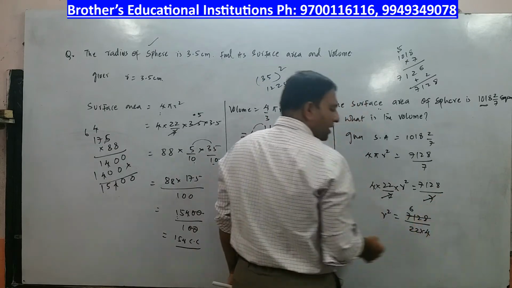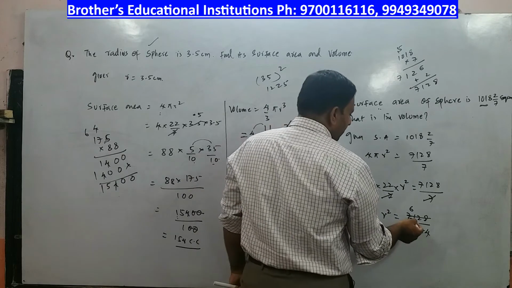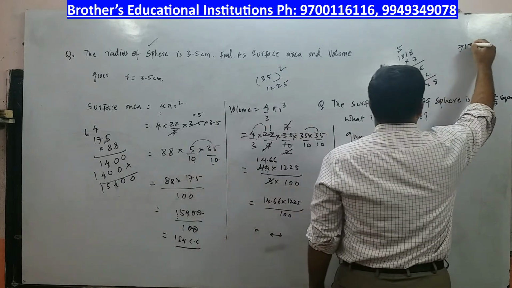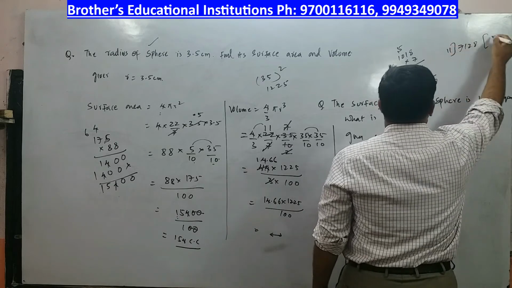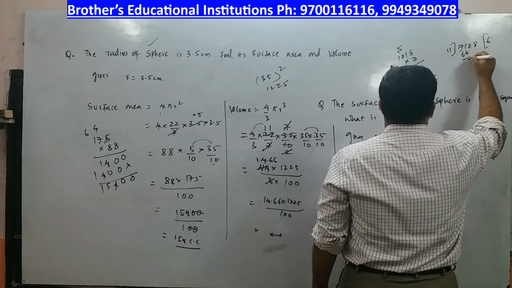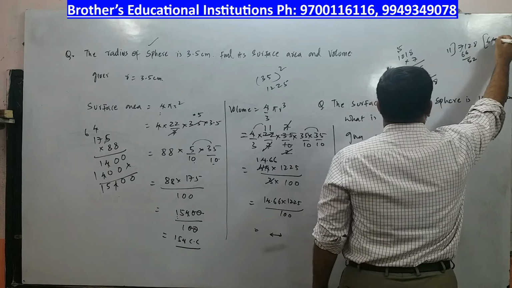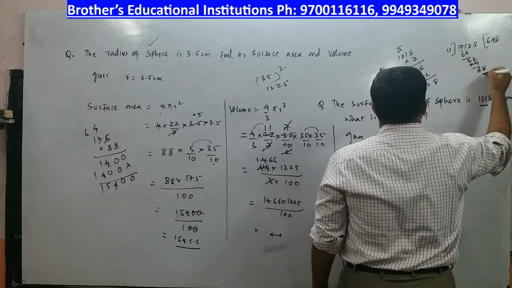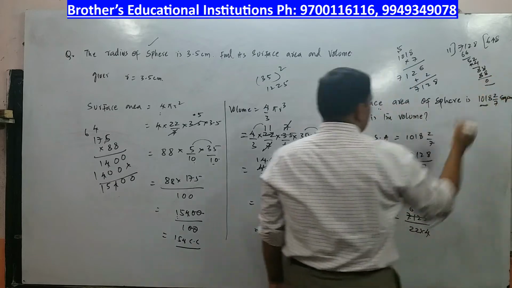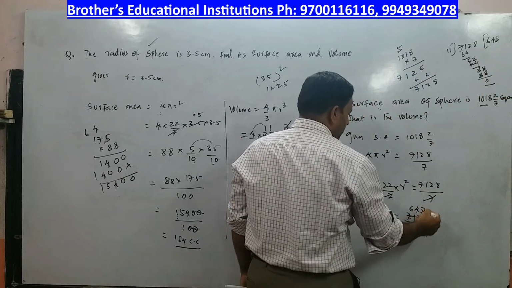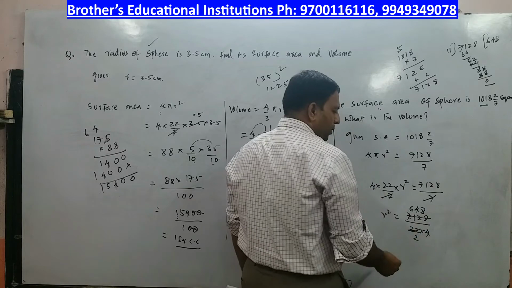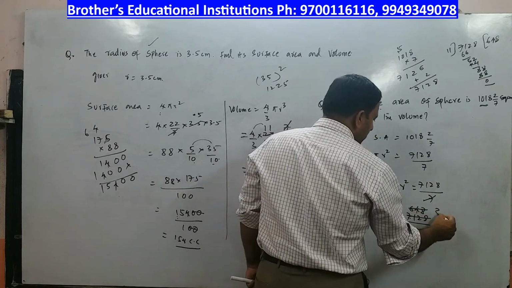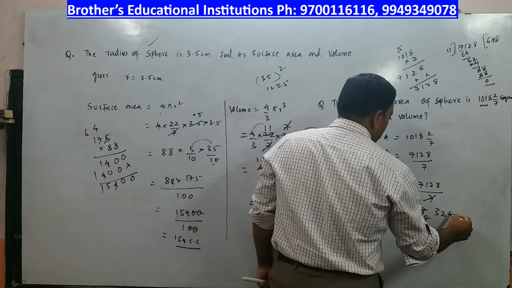11 6s are 66. Now 71 minus 66 will be 5. Alright, see, 7128 you divide by 11. 11 6s are 66, so it is 5 and 2. Then you say 11 4s are 44. You have 8 and 8. 11 8s are 88. Remainder is 0. So what you get? 648. And 11 2s are 22. Once again, 2 1s are, 2 3s are, 2 2s are, 2 4s are.